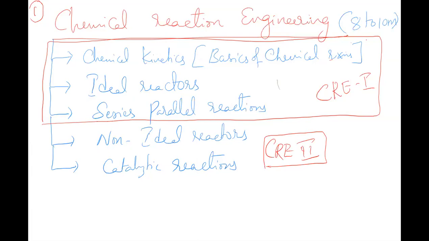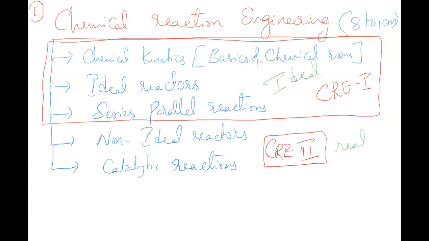this is what you call it as, let's say, ideal. This is what you will call it as, let's say, real. So the basic difference between CRE1 and CRE2 is, CRE1 is something that you will study as ideal systems, theoretical systems. So what you will study is only on paper, nothing in reality. CRE2 is how you translate the knowledge into a plant, into reality. That is the basic difference between CRE1 and CRE2.